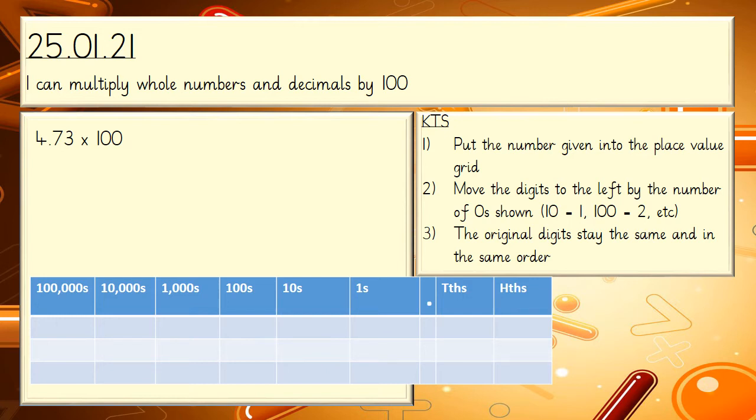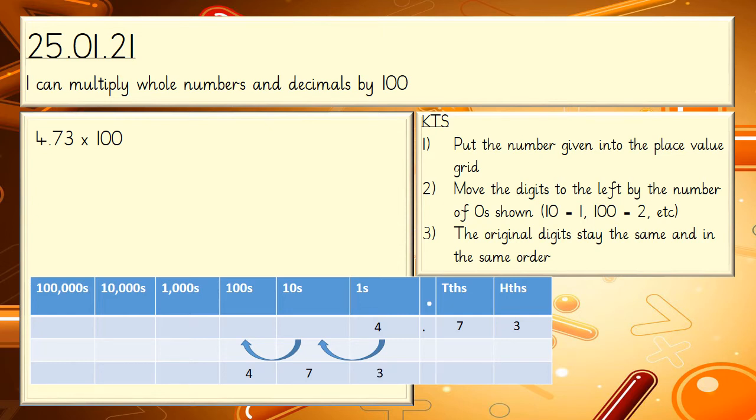4.73 multiplied by 100. Let's have a look at solving this. So first things first, putting this number into the place value grid like so. Then I'm going to move it 2 places to the left, because I'm multiplying by 100. 1, 2. And so the 4 will end up in the hundreds column. Where would the 7 and the 3 end? So it would look like this,